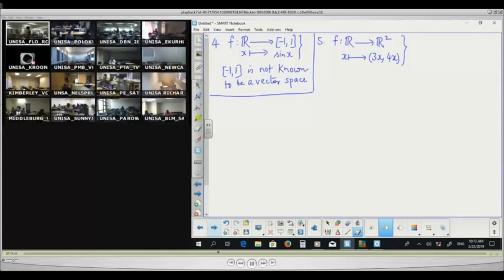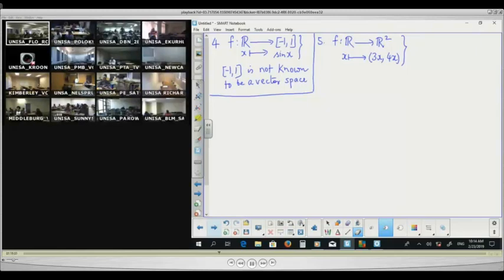Okay? So under the real addition and real usual scalar multiplication, it is not a vector space. But who knows whether there exists a separate addition. And well, if that is the case,